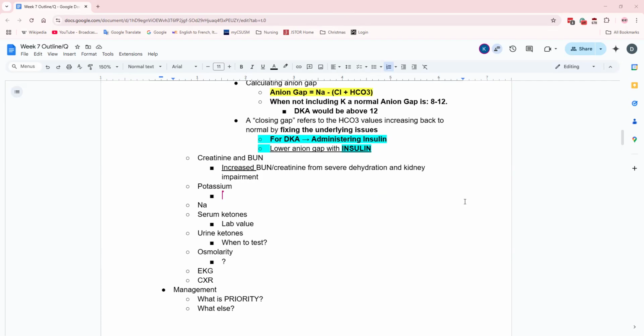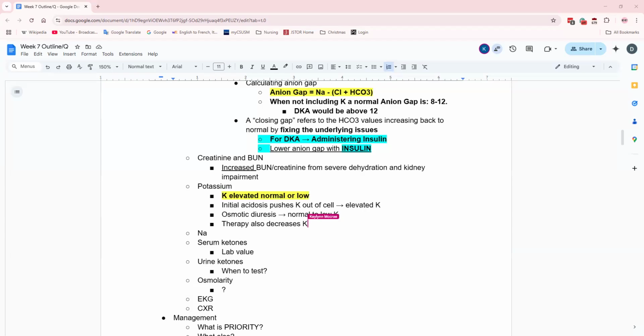So like Josh was mentioning, there's some low values. And that was what I was going to get into next, Ryan, is that it could rise initially due to the metabolic acidosis pushing potassium out of the cell into the blood and causing increased serum levels. When we diurese, when they start to pee a lot with osmotic diuresis, it returns back to normal or lower. And as soon as we start that insulin therapy, we also risk pushing more potassium back into the cell. So be aware that at different stages, your potassium could be high, low, or normal. It could be all over the place. So just be aware what stage of treatment you're in.